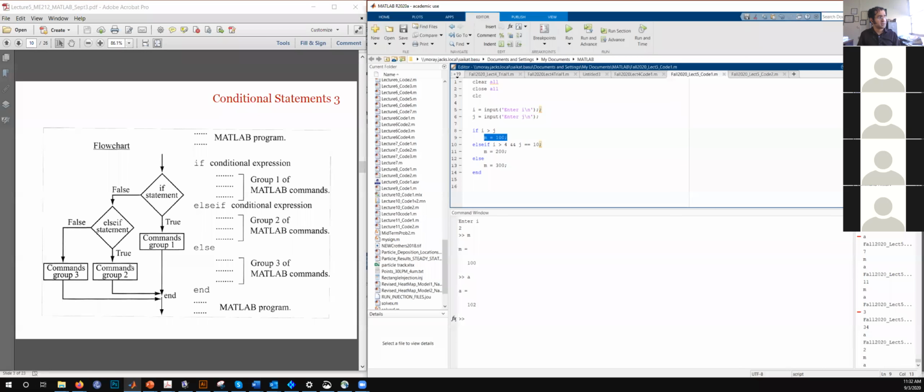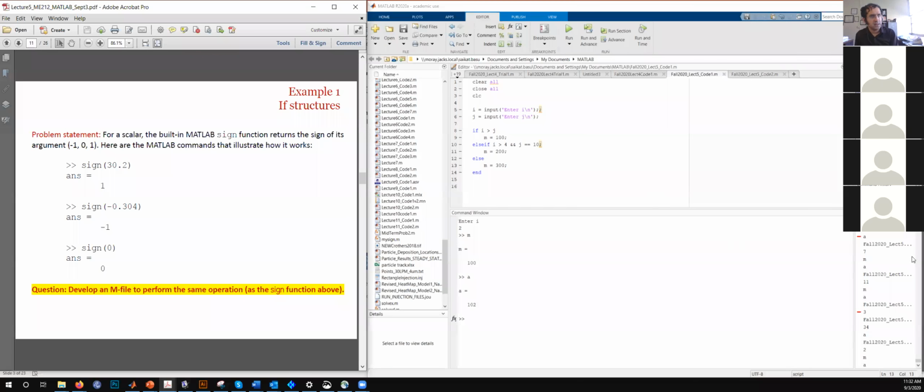And if that is true, it carries out the comments group 2, which in this case was this part. If this Elsif statement is not true either, then it again goes to the comments group 3. And then there is no condition after else. It just carries this one out and then exits the loop. So this is the overall structure of if statements.